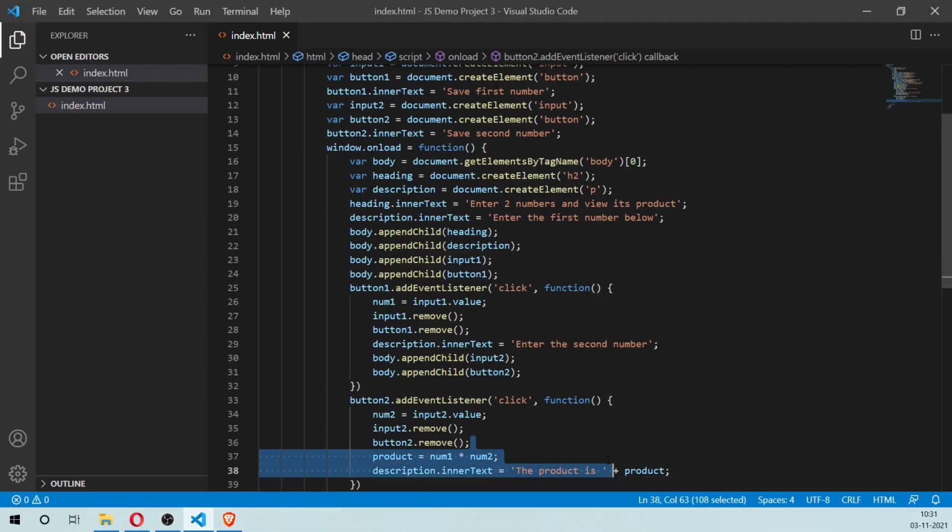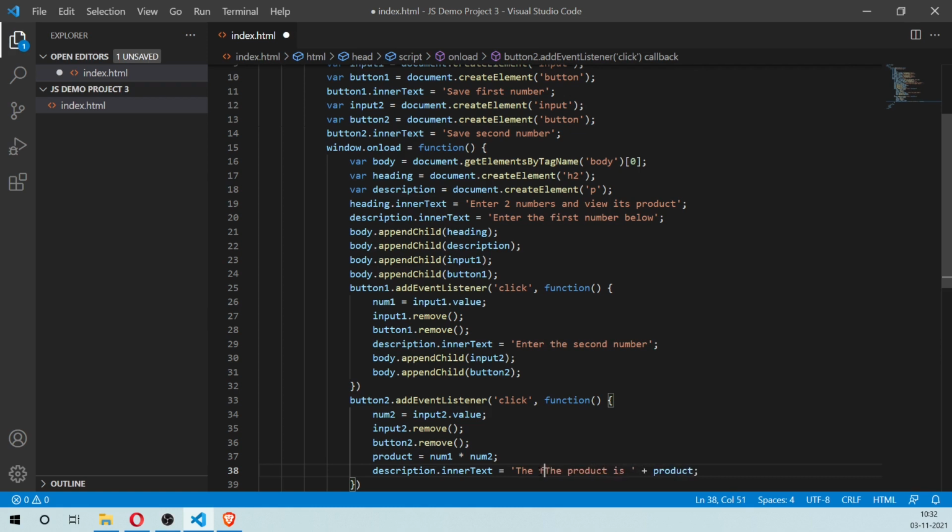Okay, so what I did was I added the event listener for button2, which will store the number in num2, and then we're removing the input field and the button, and we're calculating the product, and then we're changing the description's innerText. We'll also add some context here.